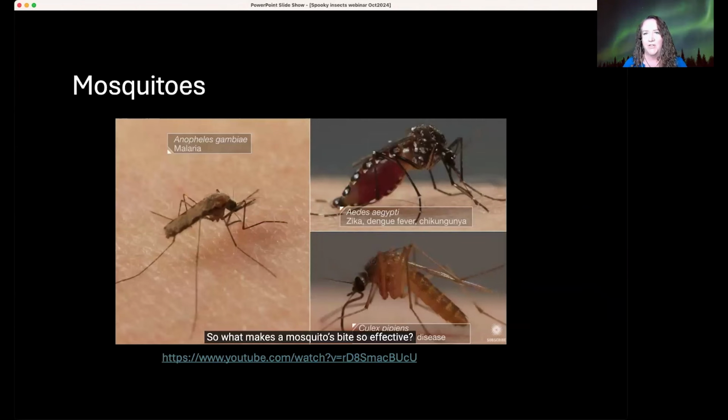Our last bloodsucker is, of course, mosquitoes. Mosquitoes, we all have had mosquito issues. The female is the only one that feeds on blood. The male is there to mate with the female, but the female will put her piercing, sucking mouth part into our skin and will, almost like an oil pump, drill into your skin, look for a vein, and start